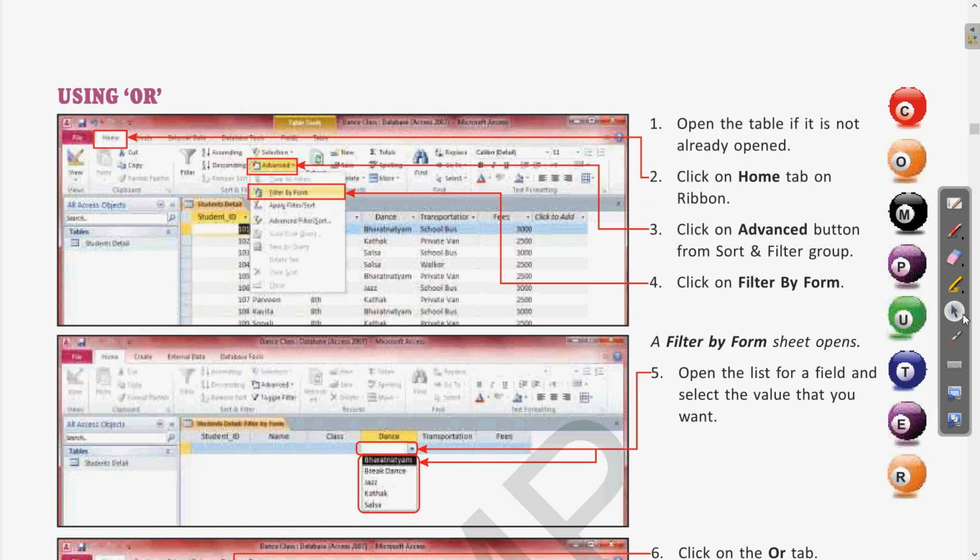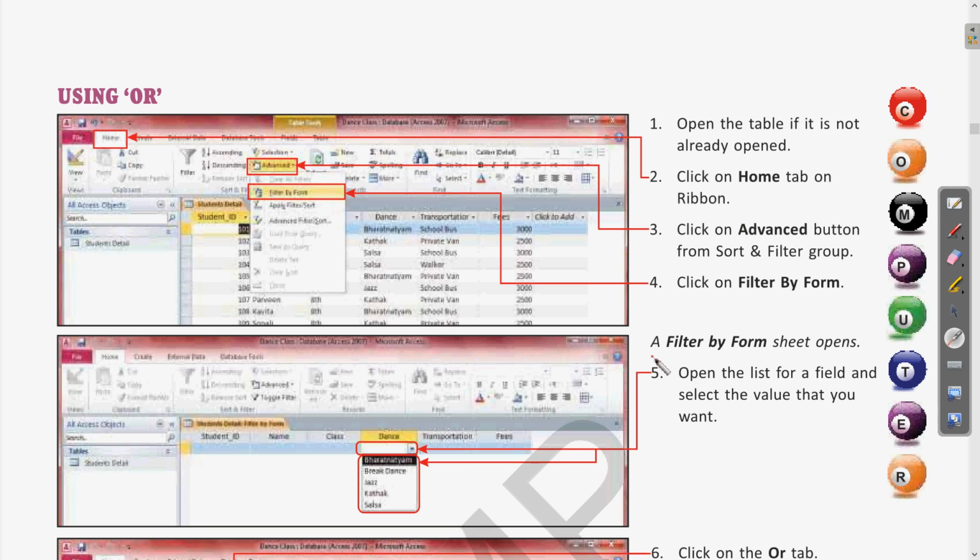Okay, so let us read this once and we will see the steps as well. So using OR, first step is open the table if it is not already open. It is obvious, for using any of these criteria, first we need our table. Click on the home tab on the ribbon. Home tab we are already familiar with. Click on the advanced button from the sort and filter group. We are already using the advanced option. Then click on filter by form.